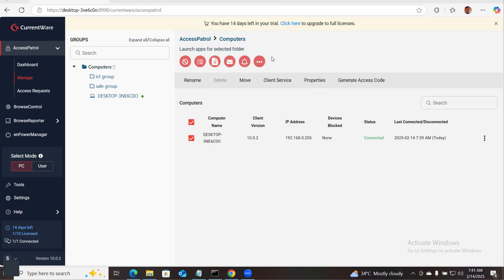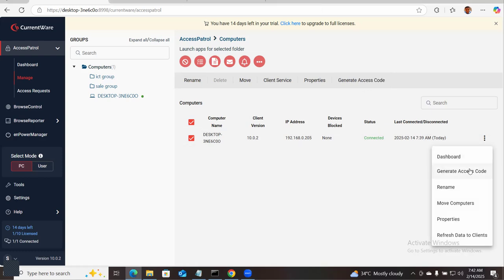So yeah, like what I was explaining before. If the senior manager takes the system to Abuja and wants to use a USB, and finds out that you have disabled USB access, the senior manager doesn't need to leave Abuja and come to your company premises before he can use the USB. You can use the option called generate access code. So you need to click on the senior manager's PC and click on generate access code. There's a generate access code option at the top, or you use this triple icon here and choose generate access